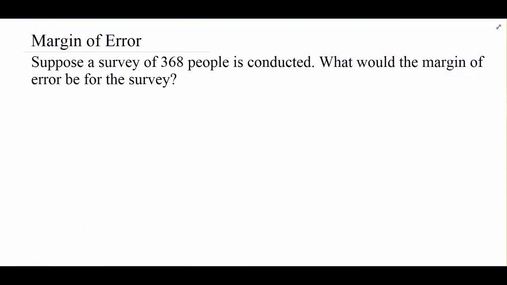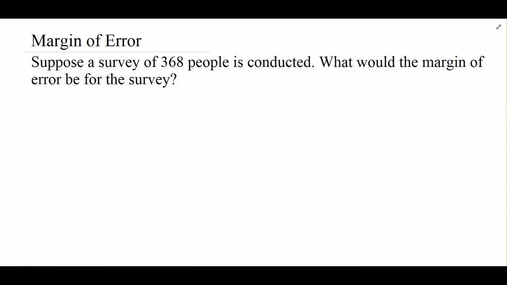Now the last topic for this video is going to be margin of error. I'm not going to spend a ton of time on margin of error because it's actually a super complicated thing that you can study in a statistics class. We're going to get the basic idea of it here and how to calculate one variation, a very simple way to calculate a margin of error. We can get a much more precise version if you take a statistics class, where we can discuss it in much more depth. But here's the basic idea.